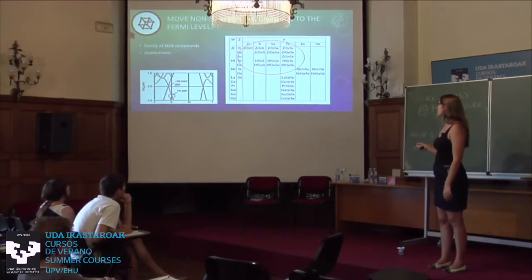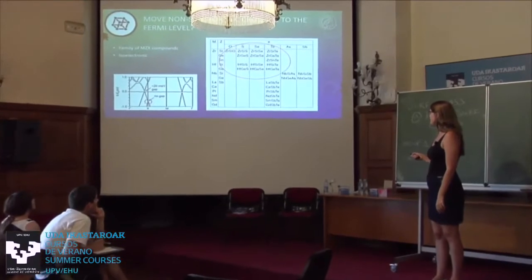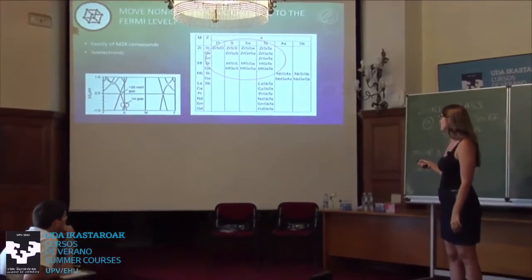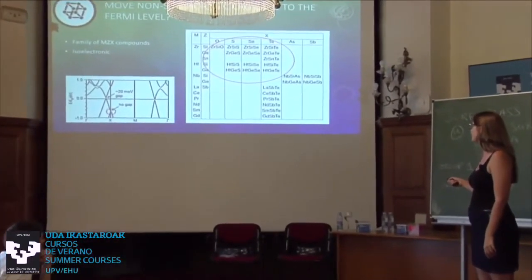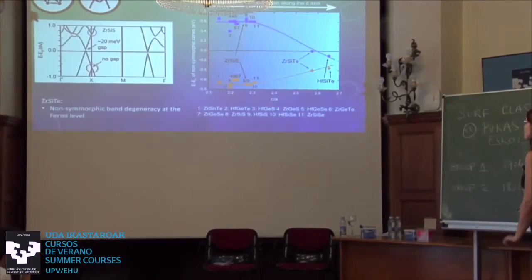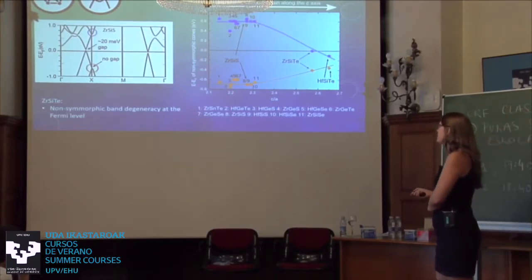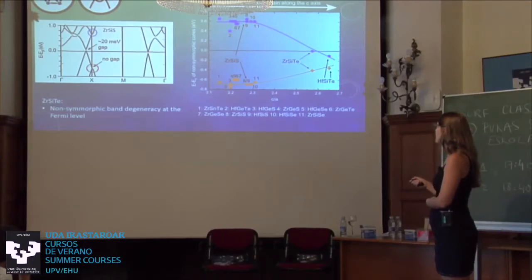So I wondered, okay, maybe we look at those compounds first here, and see, you can substitute sulfur with tellurium here. This is different sizes, and therefore we can play with the chemical pressure. First, we did that in theory. So we calculated the band structures of all those materials, and we looked at the energies of the Dirac crossings,